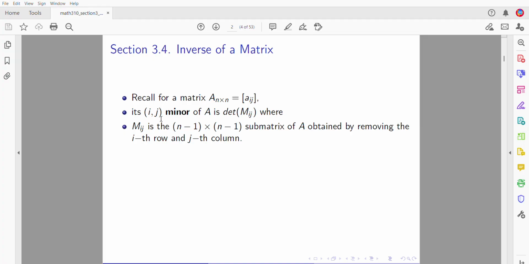So my ijth minor of A is the determinant of that smaller submatrix,